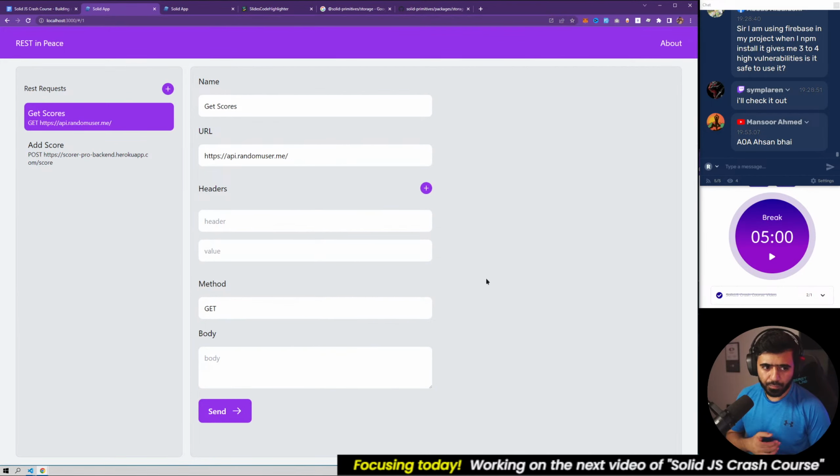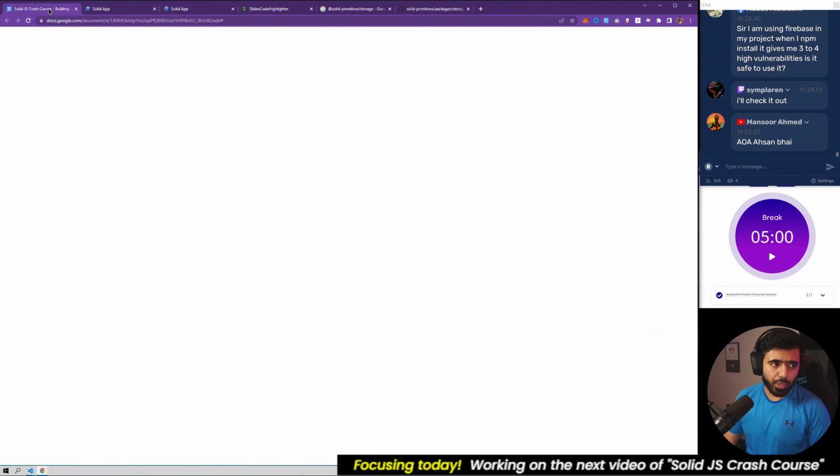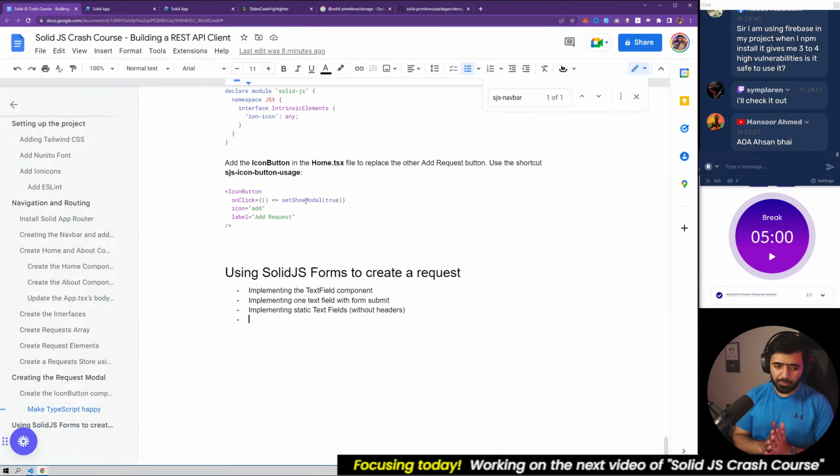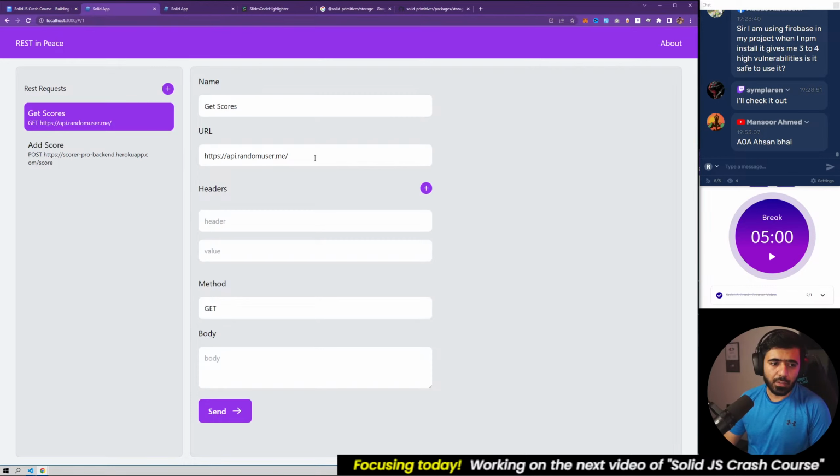So what I'm gonna do now is, we do have a plan of writing further. So we implement the text field component. Then we do it without the headers. Then what do we do? So we do it without the headers. The create effect, I don't think that gets triggered. Let's actually see. So when I'm using,